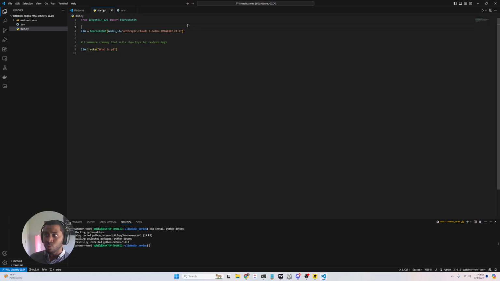So now what we want to do is bring in a prompt template. So we say from langchain core.prompts, we're going to import the PromptTemplate. And let's go ahead and give it a template. So we'll say prompt template equals, and we're going to say template equals